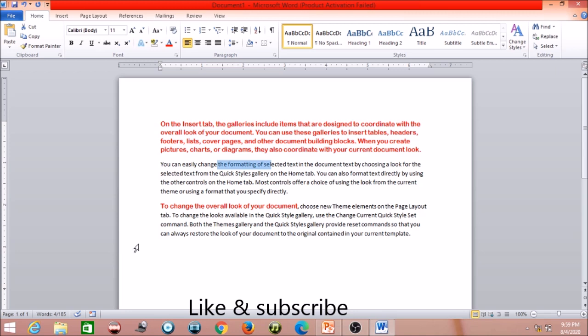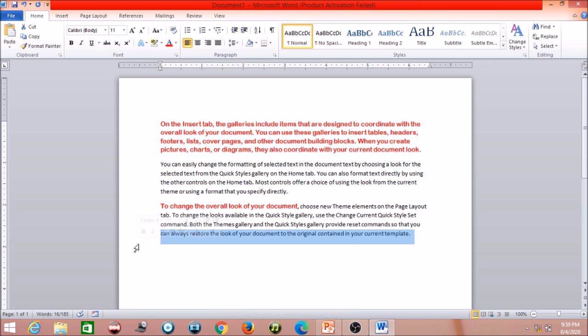Next, if you want to select a line from start to end, you have to press the Home key and then Shift and End. Just go on a particular word like this, press the Home key and then press Shift plus End. You will find the Shift and End keys on the keyboard, and it will select the line this way.